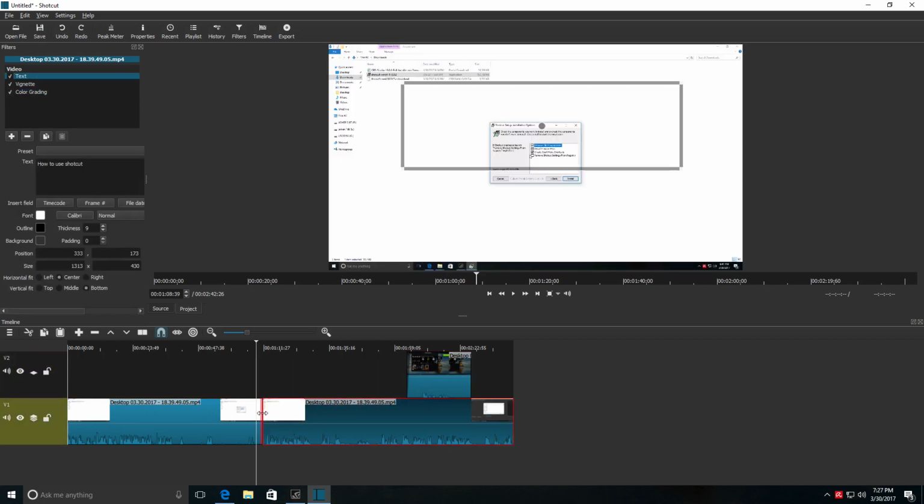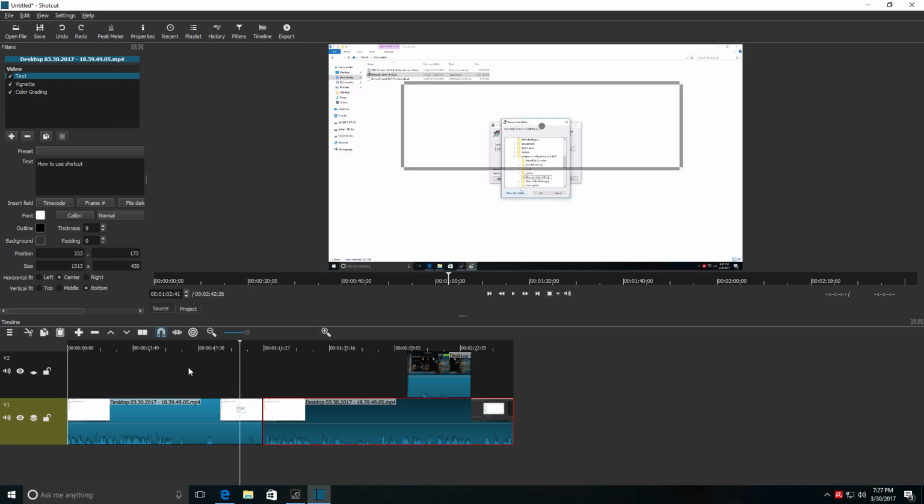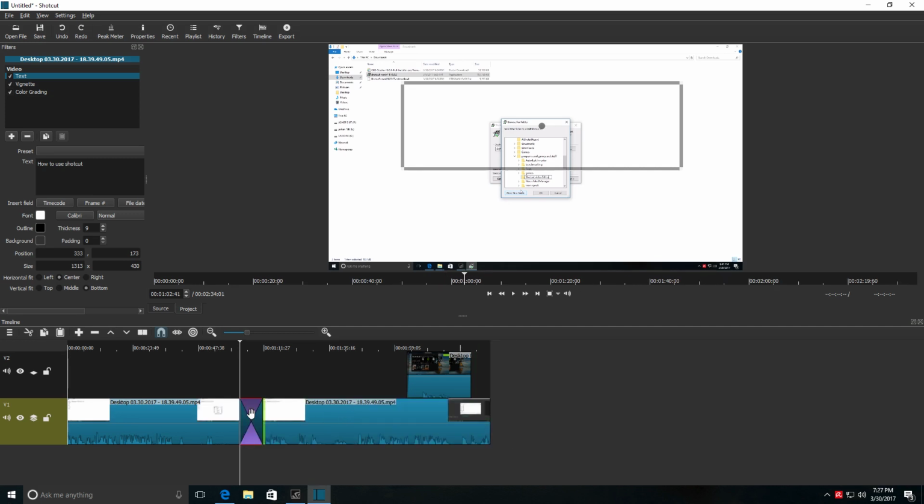If you want to add a crossfade, so a video fading into another video without it being advanced by putting the video on top, you just want it to be on the one video track. If you drag one video over the top of the other video, just like that,